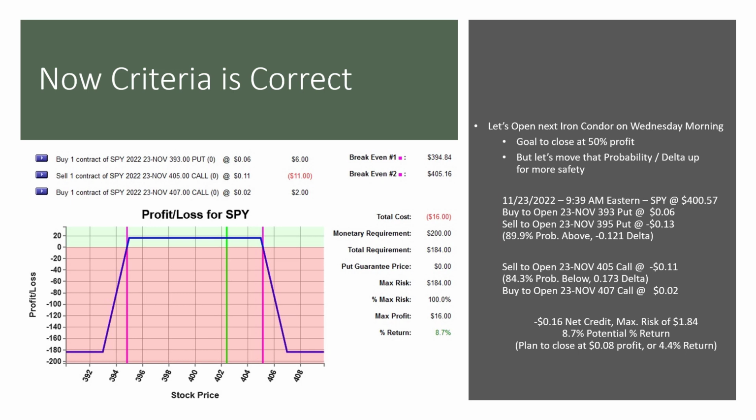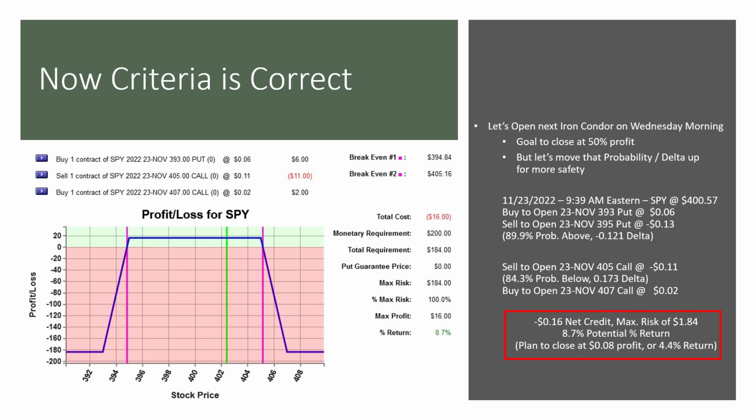Completing the Iron Condors, sell to open the 23rd November, 405 call for 11 cents. This had an 84.3% probability below and a delta of 0.173. Keeping the 2-point distance, same margin on both sides, buy to open the 23rd of November 407 call for 2 cents. 7-cent net credit on the bull put side, 9-cent net credit on the bear call side for a total